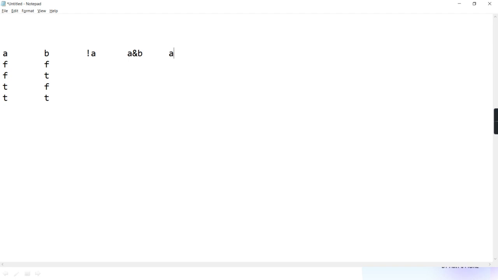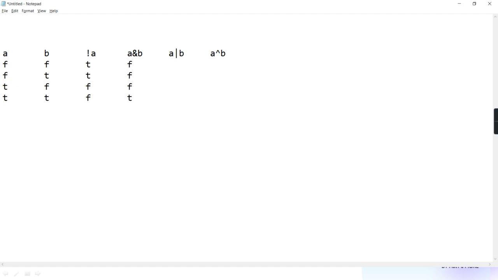What will be A OR B? And what will be A XOR B? Now, NOT A. A is false, so the answer is true. A is true, therefore false.